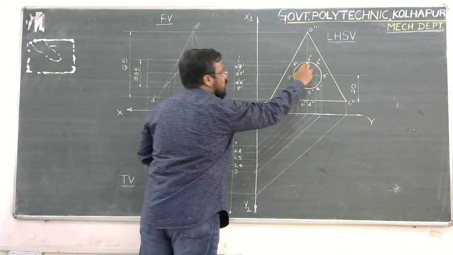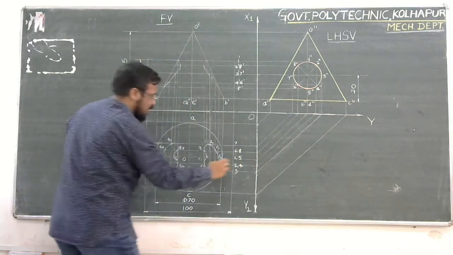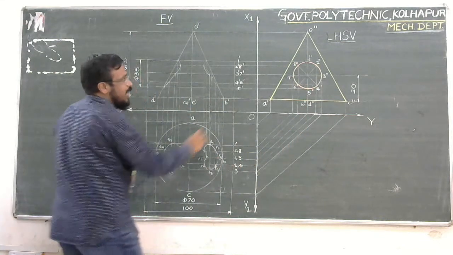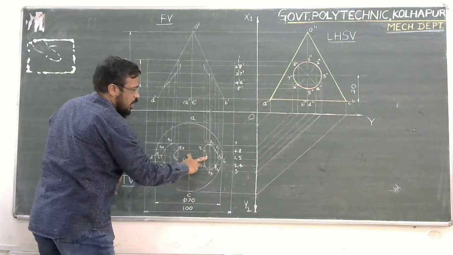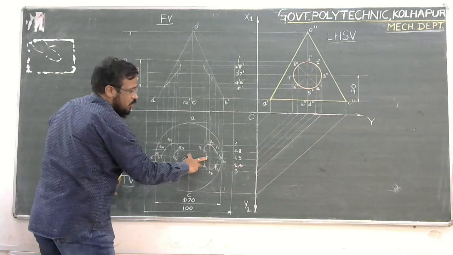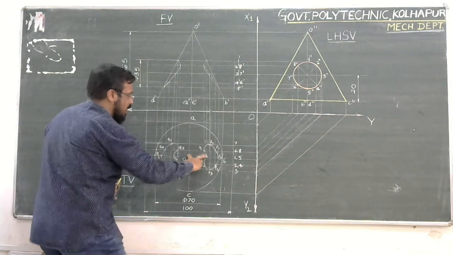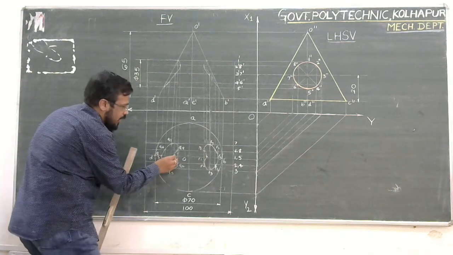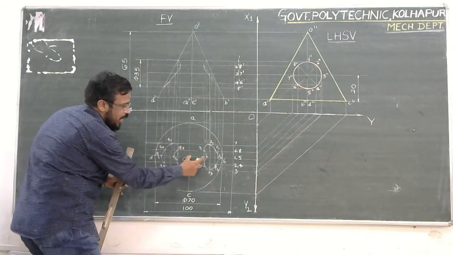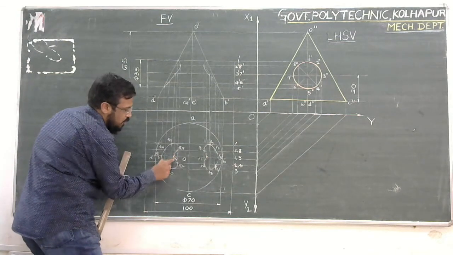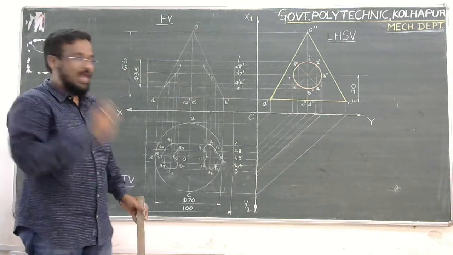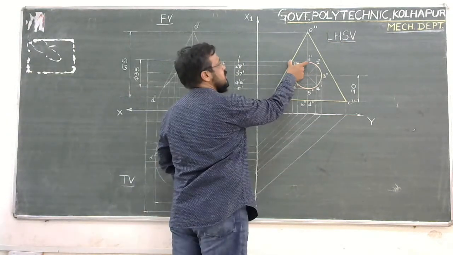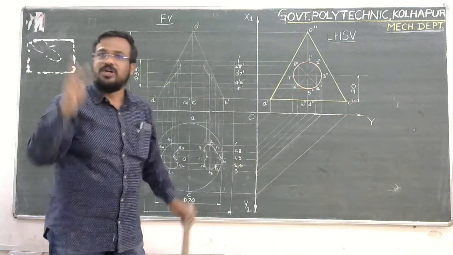So likewise, with this 1 double dash reference on this horizontal line, by taking into the compass the distance equal to 1 double dash to this edge, I have drawn a cut arc to either side, to this P1 and to this side. See, I am getting this point similar at a distance of this P1. That point I have mentioned as Q1. So Q1 is the back side. Okay, so likewise with a single distance, you are going to get 2 points in the top view.